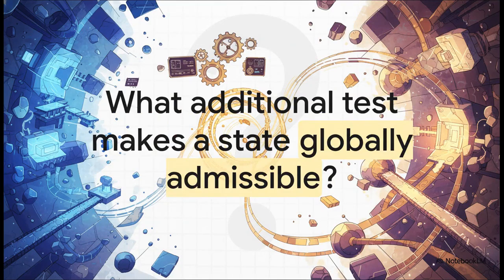Before we wrap up today's lesson, I want to leave you with this question to ponder. If a local structure is stable, what additional test must it pass before it counts as globally admissible? Take some time to reflect on the rigorous criteria we covered today. A local structure may survive nearby tests, but only a global constraint can tell us whether it truly belongs. Next time, persistence itself becomes the organizing language.